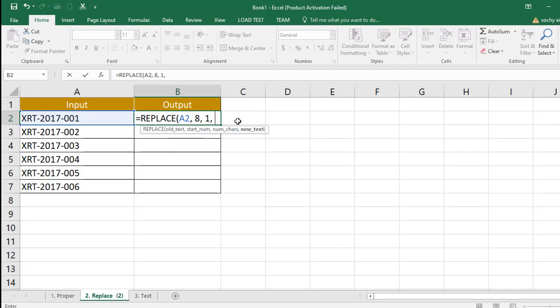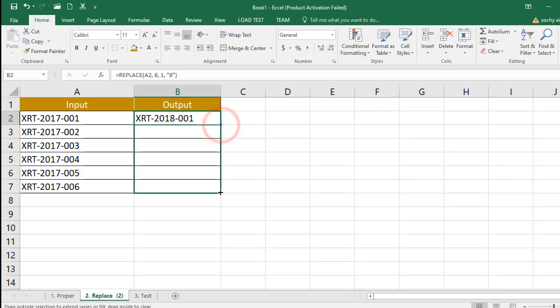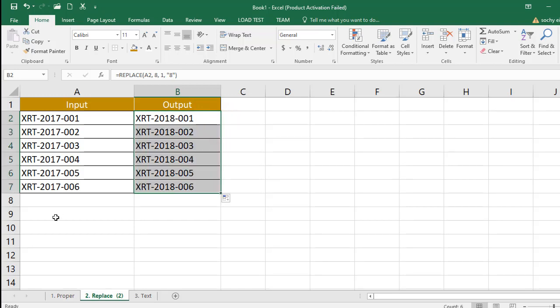So the text that we want to replace with must be inside double quotation marks like this, okay? Put it in the middle and type number 8, and don't forget to close the parenthesis, right? After that you press enter, so you will see the result like this, right? So it will replace this one like this. Click and drag down, it automatically replaces this location for you, and this one remains the same, right? Okay,